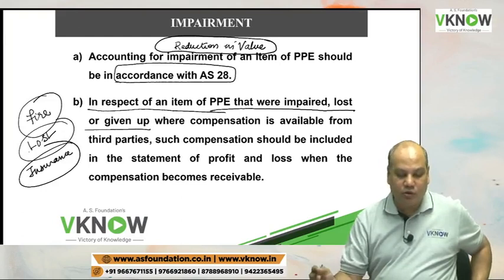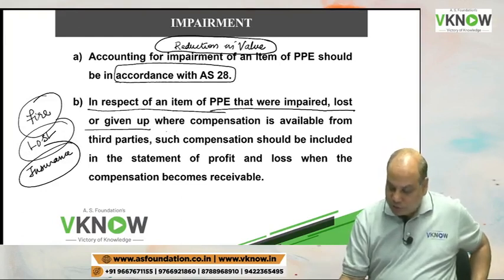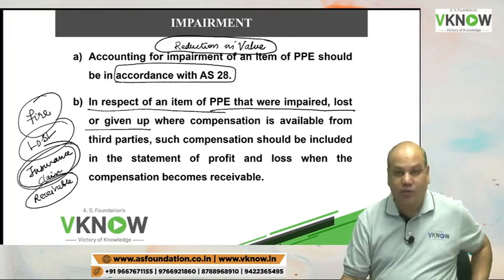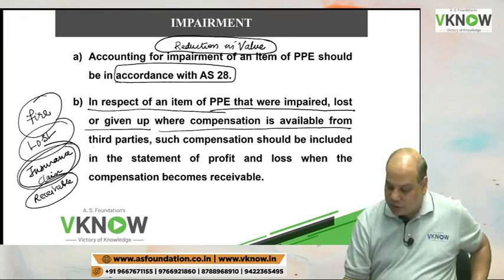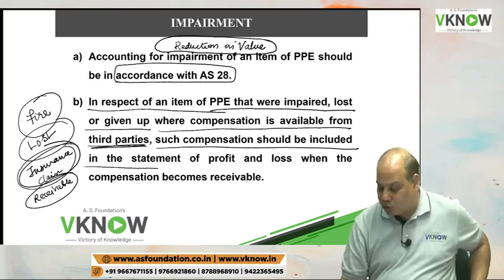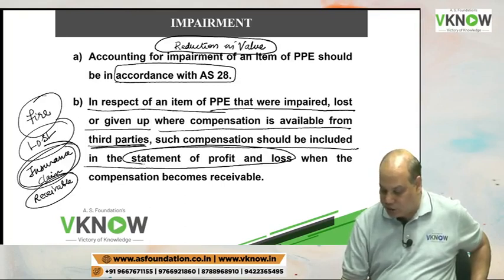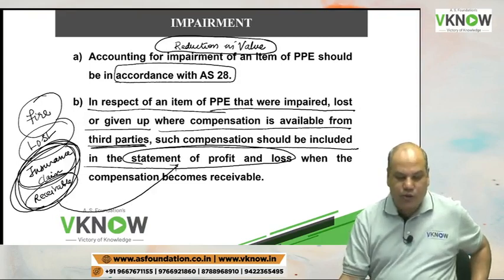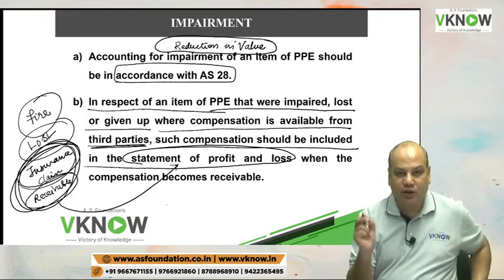Fire loss, you have taken insurance cover. What is the treatment of the insurance claim receivable? Where compensation is available from a third party, such compensation should be included in the statement of P&L account. So the insurance claim receivable will be credited to P&L account if the asset is damaged